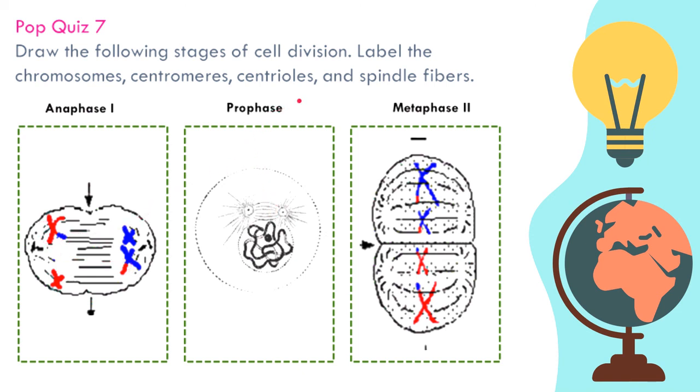Prophase, so there's no numeral, no number here, so it means that it is a mitotic stage. So it involves the condensation of the chromosomes, disappearance of the nuclear envelope, appearance of the spindle fibers, and centrioles. Metaphase 2, so you have here the idea, it's a meiotic division. So metaphase 2, so here's the alignment of those chromosomes at the middle, and then they will